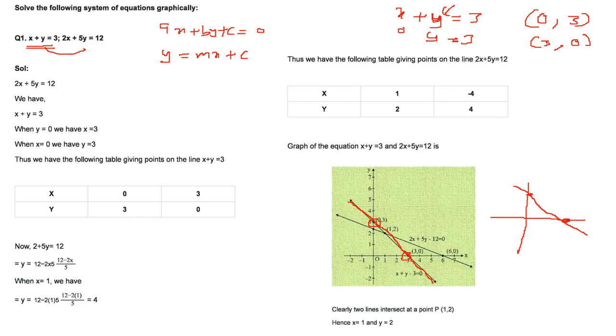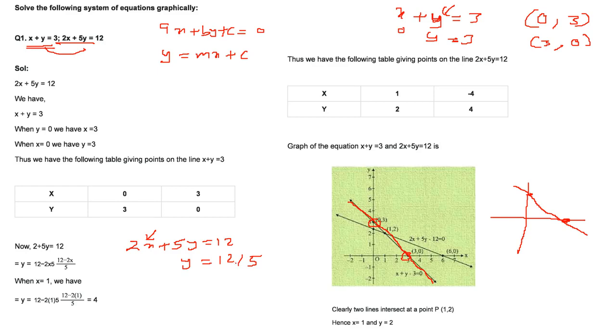Now let me come to 2x plus 5y equal to 12. Here again I will do the same thing, but there will be a catch. I'll just show you what the catch is. 2x plus 5y equal to 12. Now let me put x equal to 0. So y will be equal to 12 by 5. Most of the time, I'm not telling every time, we are not very happy with these numbers which come in decimals, because this is going to be a decimal. This will not be a proper integer or a whole number.